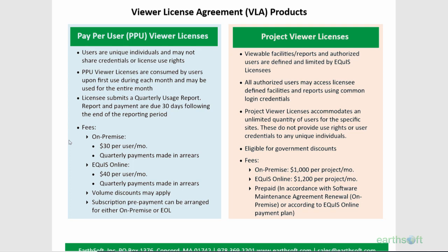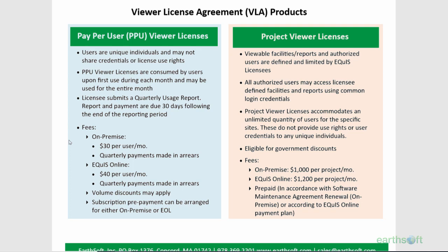So if no one, for instance, with this viewer pay-per-use license logs in for the particular month, then there are no fees associated with it. So these are monthly subscriptions that are backward-looking in payment, and we're suggesting quarterly usage reports. We can make that whatever time frame makes sense for you, but doing that 4 times a year seems to be